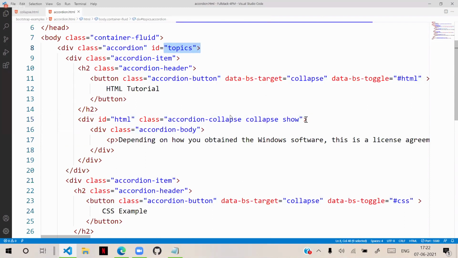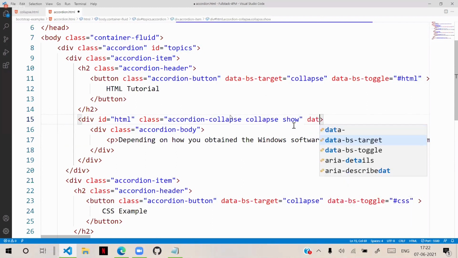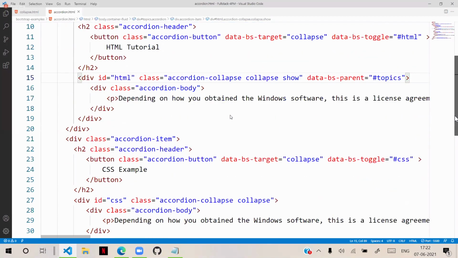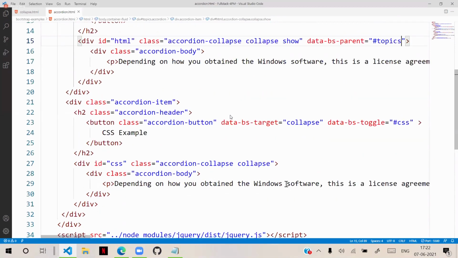So we have to add an attribute, data-bs-parent, like this. It should work for topics, hash topics. Similarly, the second one also, all collapse should work for the parent only. That means the second one also works for parent only.